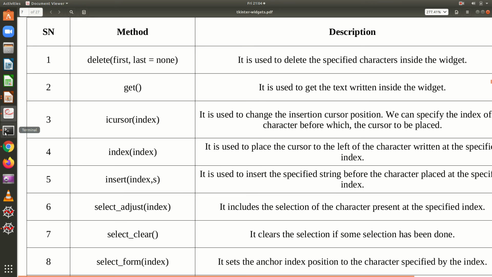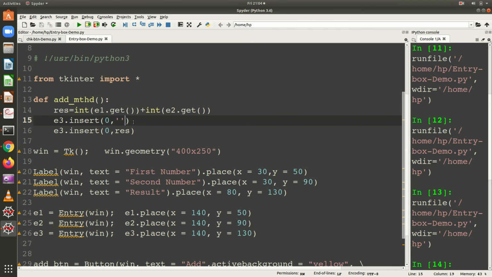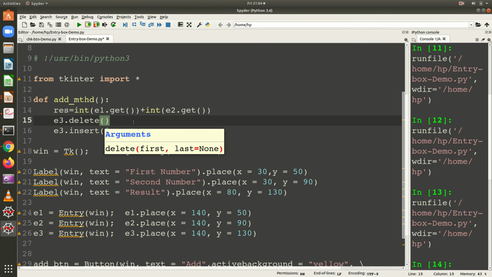Okay, so let us try that. I'll go to this place and I'm going to delete. E3 dot delete, open the parenthesis, the first index 0 and last index, let me say 10.